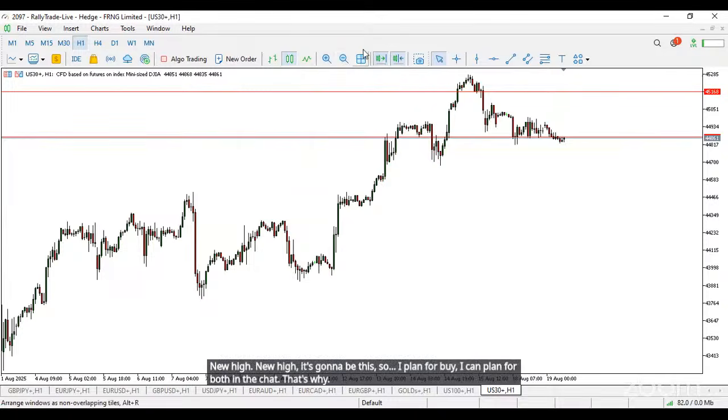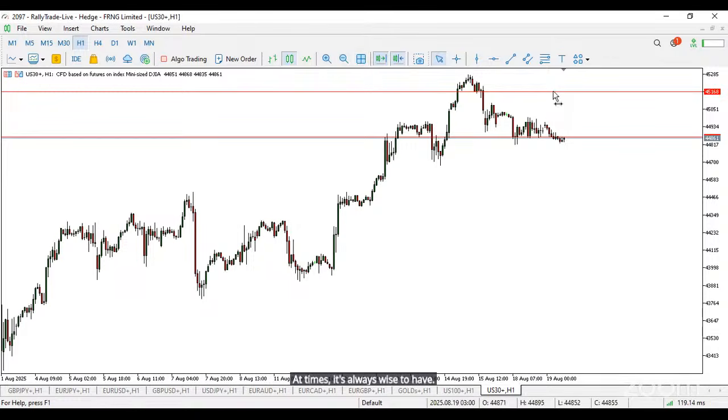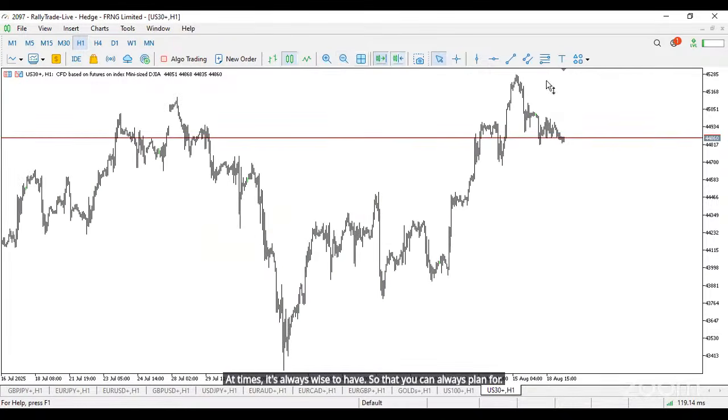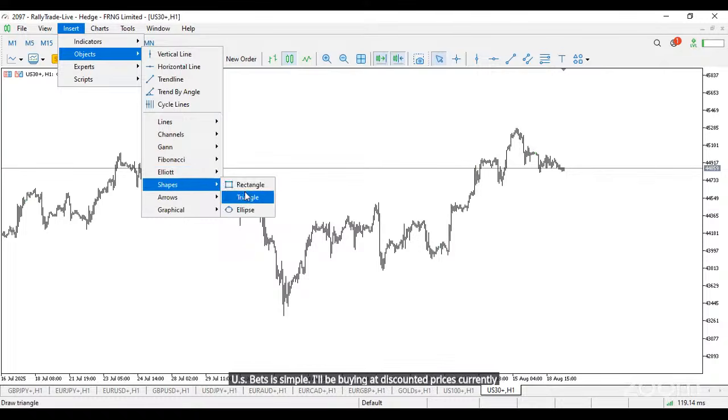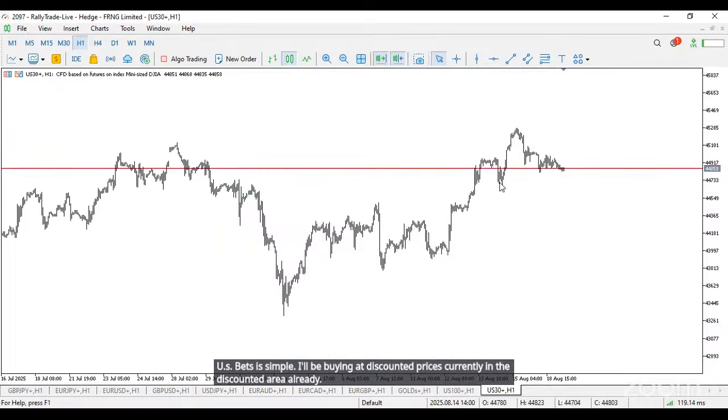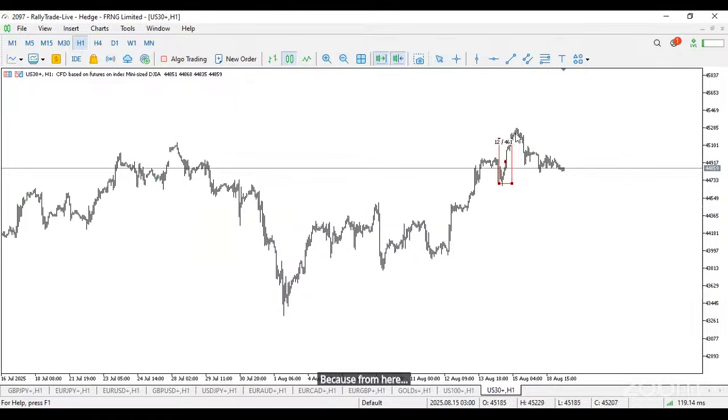That's why at times it's always wise to have capital in your account so that you can always plan for whatever scenario comes. So my plan for buying US 30 is simple. I'll be buying at the discounted price; price is currently in the discounted area already. From this higher low to this higher high, half of it is the discounted area. So if I am buying from this level here, with my buy limit here, it means my stop loss